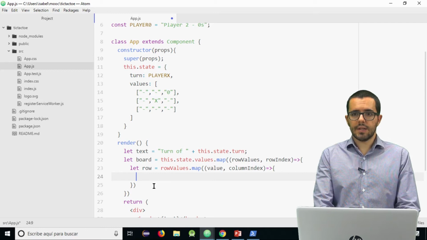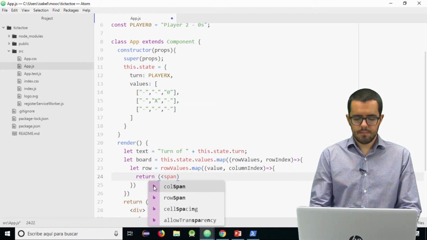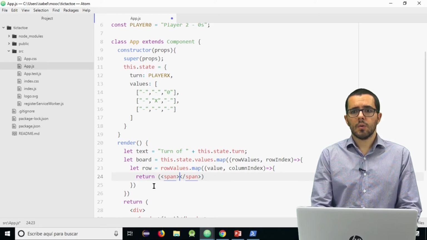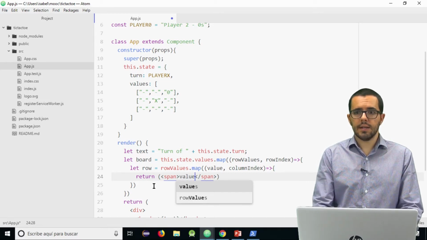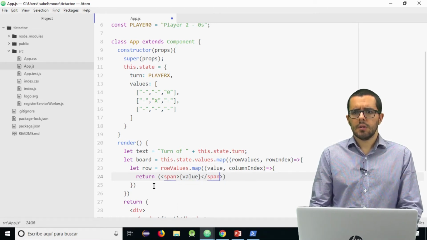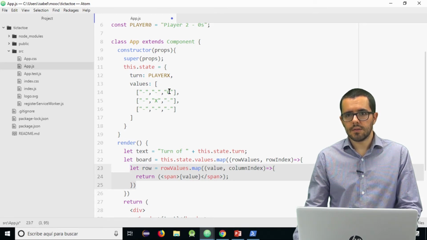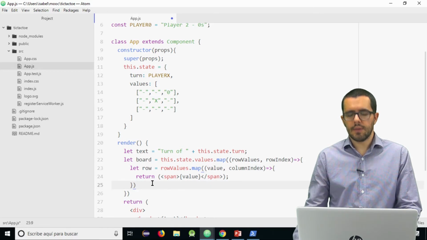Now we have that hyphen, so we can return a span with the value, but not like this, because this is a string, but like a JavaScript expression. So in this map we are getting one row and returning a span and then another span.